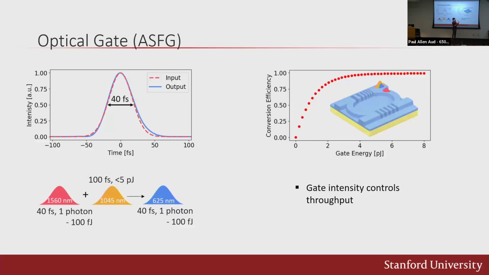And then I can look at how this thing behaves as I change the energy of the gate pulse. So as I increase the gate pulse energy, we can see that we increase the conversion efficiency until this thing saturates. And so what I'm doing is I'm changing the superposition of input pulse and output pulse effectively. So that in this device,